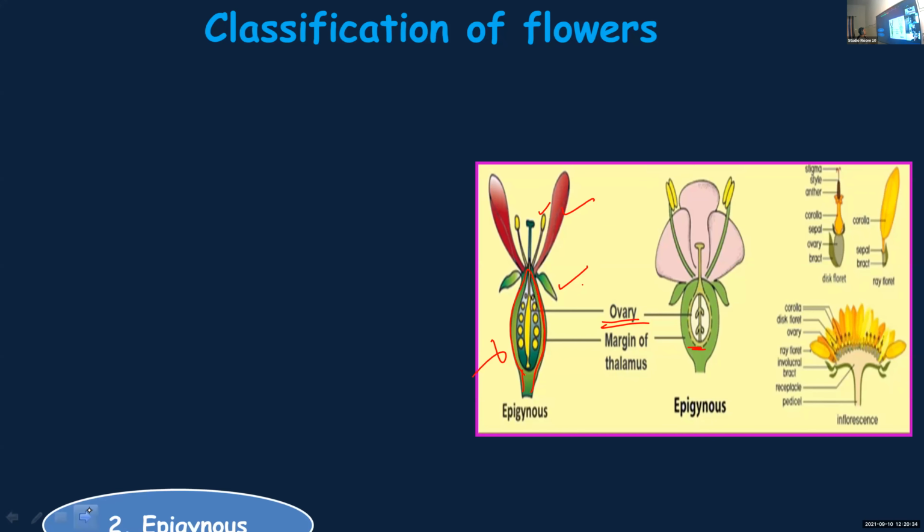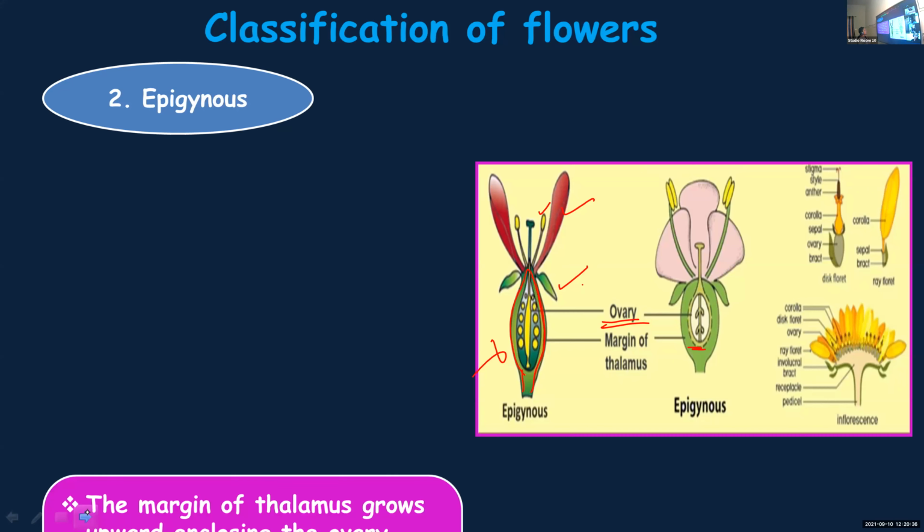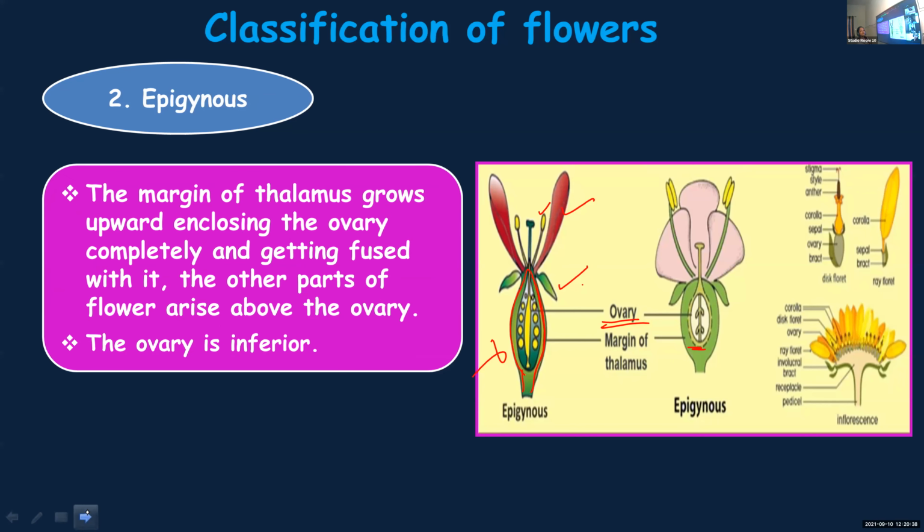Then we learned about epigynous flowers. In epigynous flowers, the margin of the thalamus will grow upward and enclose the ovary and fuse with it. Sorry, all the other parts, petals, sepals, and stamens, will be above the level of the ovary, and here the ovary is inferior. Examples include